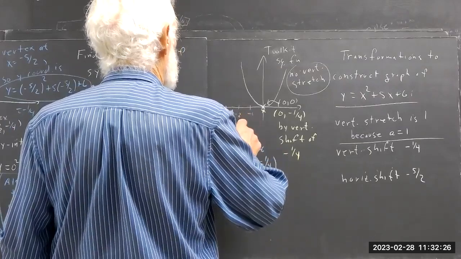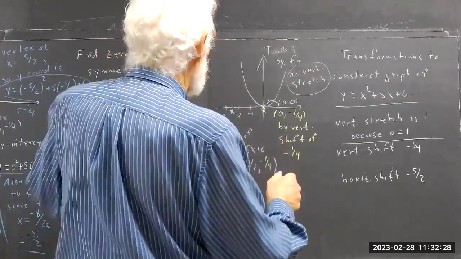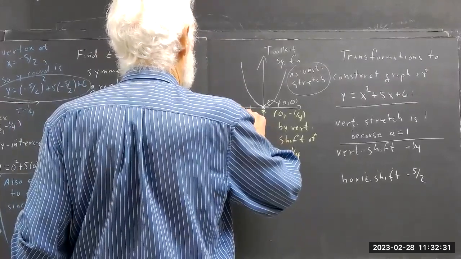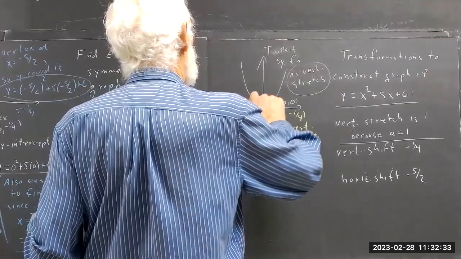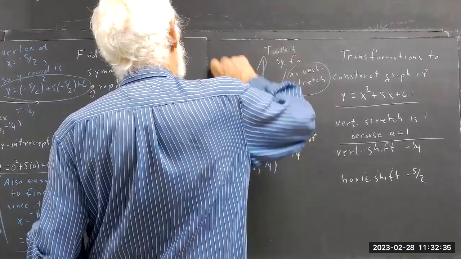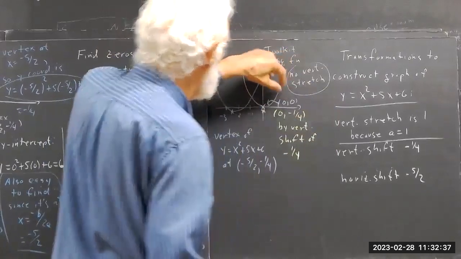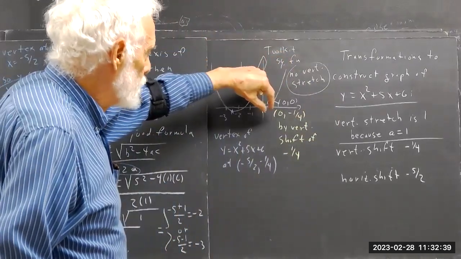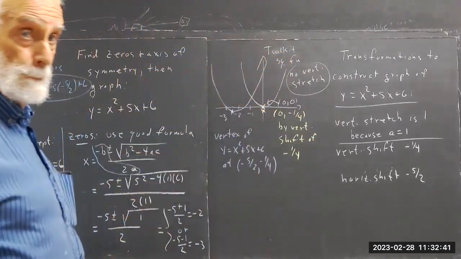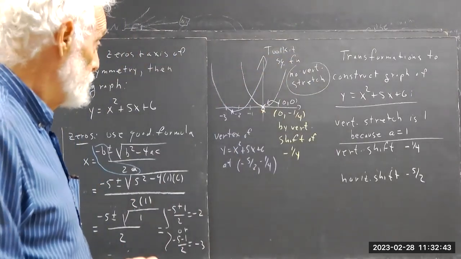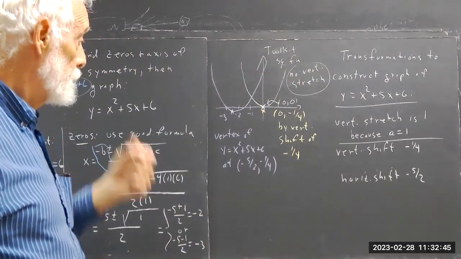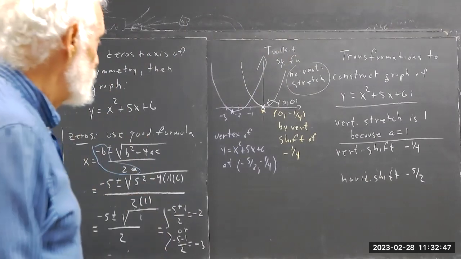Now we've got the vertex here. We haven't stretched the graph any. The graph is going to look just like this, except it's going to then move down a quarter of a unit and over 5/2 of a unit. Now,